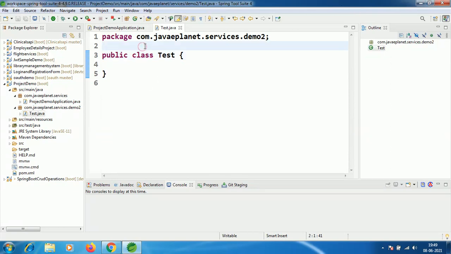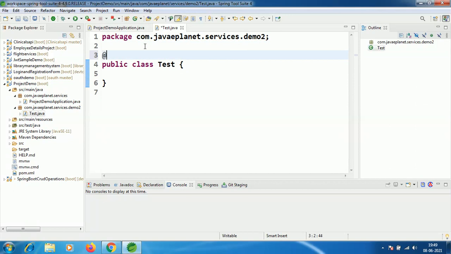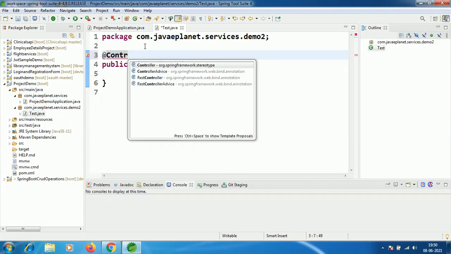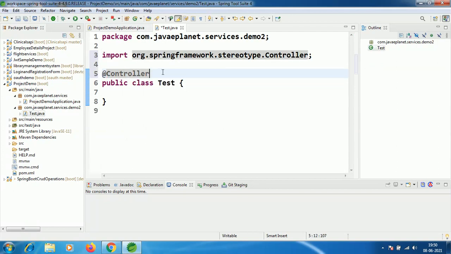Mark the class with the @Controller annotation. Click on enter. This Controller annotation is imported from the package org.springframework.stereotype.Controller because this Controller annotation is a stereotype annotation.